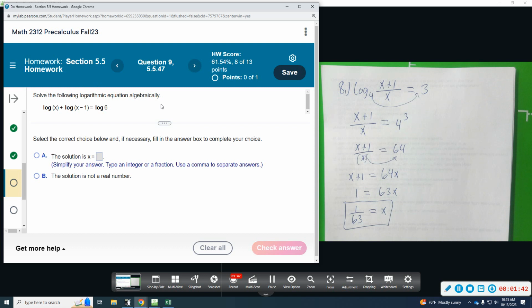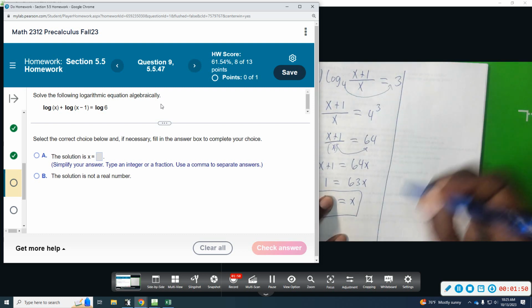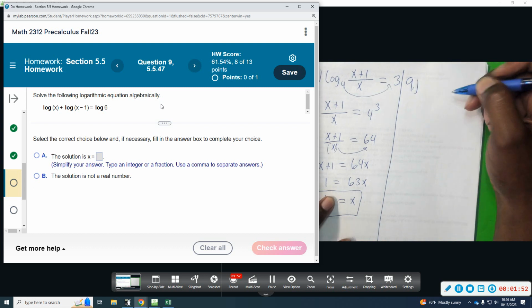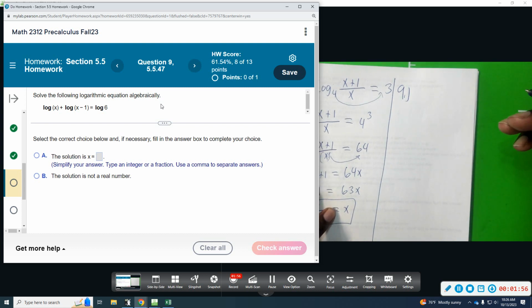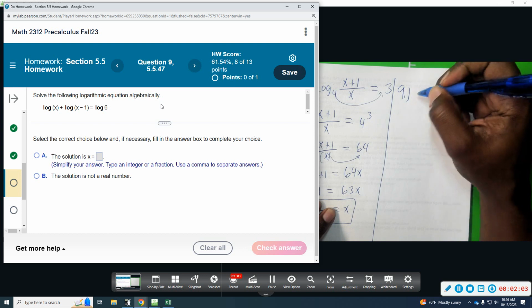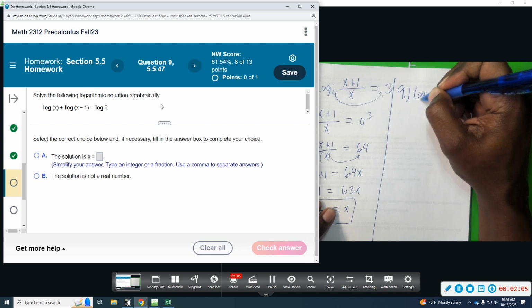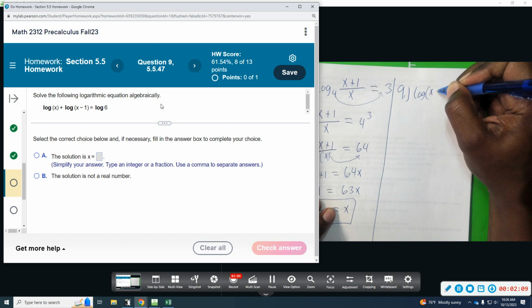All right, this one, number 9, wants us to solve the log expression. So again, I have 2 logs on the left-hand side, but this time they're being added. So when we add, we can rewrite it as multiplication. They both have the same base. It's understood to be 10. So we get log of x times x minus 1